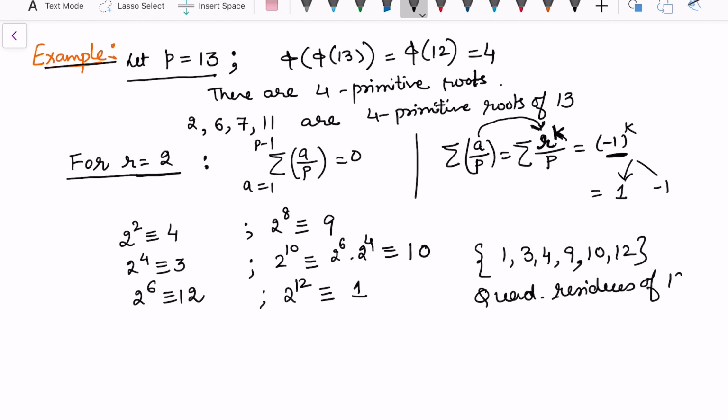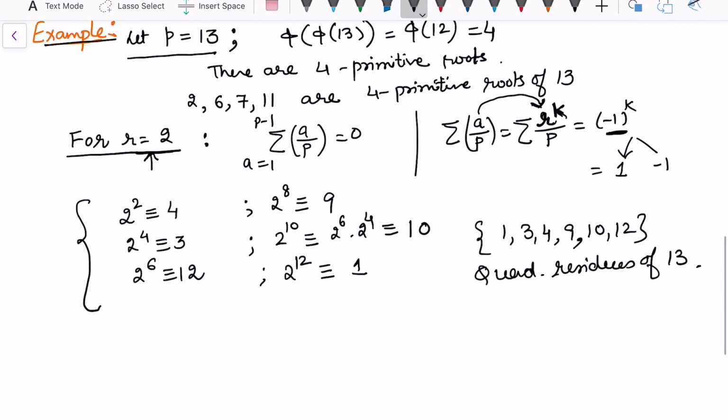So this allows us to check only the even powers of the primitive root. Once we know what a primitive root is, we only check the even powers, and this result is true for all the cases. But before I verify it for another primitive root, let me give you the set which is the quadratic non-residues. So what is the remaining now?